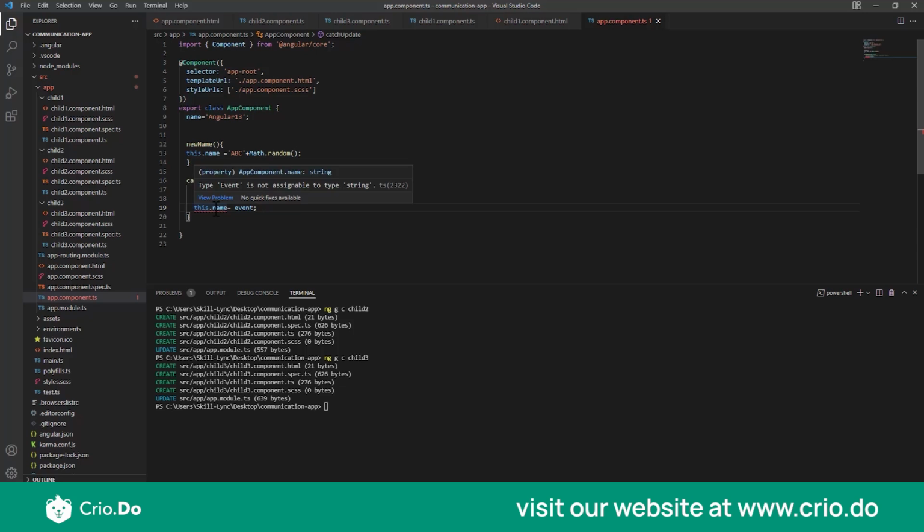So now if you see here, it is throwing me an error that this event cannot be assigned to this name, right? So to fix this, what we can do is